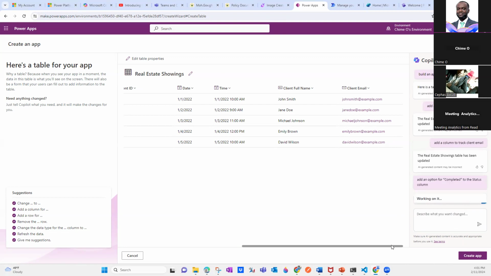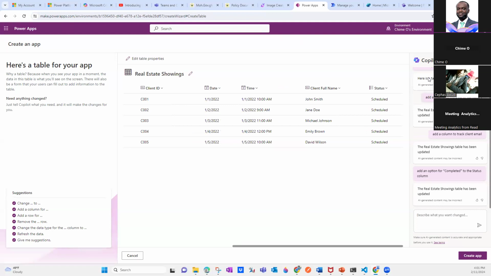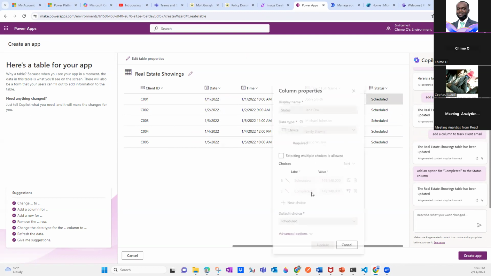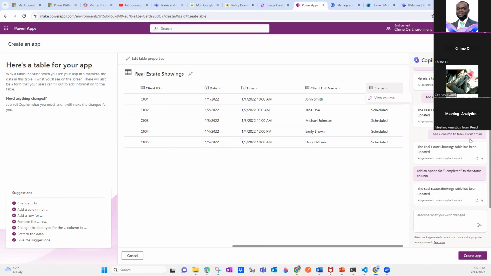So you want to create a status column and have an option that says completed. The AI kind of knows what you want. Is it required, is it scheduled, is it completed? But there might be other things that you want to add to this status column.